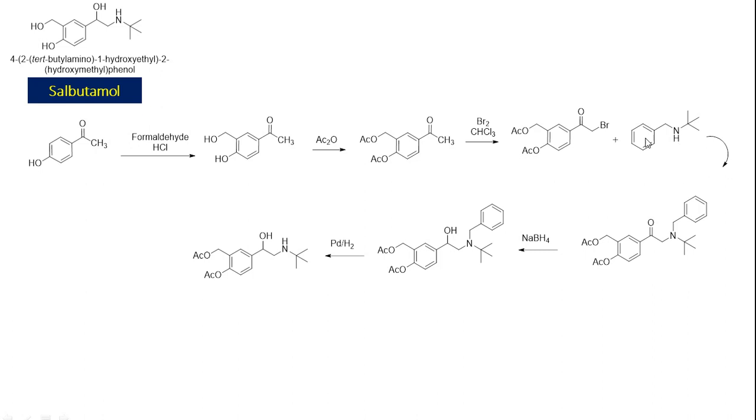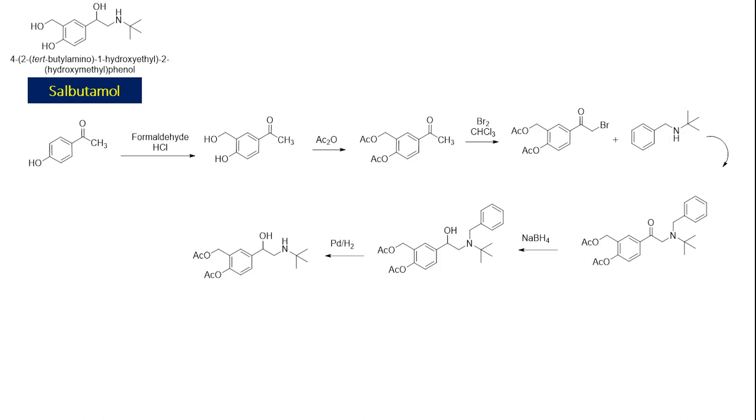Now can you come back here and tell me why benzylation is done? Let's say if benzylation is not done, what will happen here? Isopropyl amine means tertiary butyl amine, so NH2 will be there. This NH2 can react not only with bromine, it can also react with the C double bond O to form a Schiff base. So how can you avoid that reaction? One way is by making this amine secondary. If you make it secondary, the NH group cannot easily form a Schiff base.